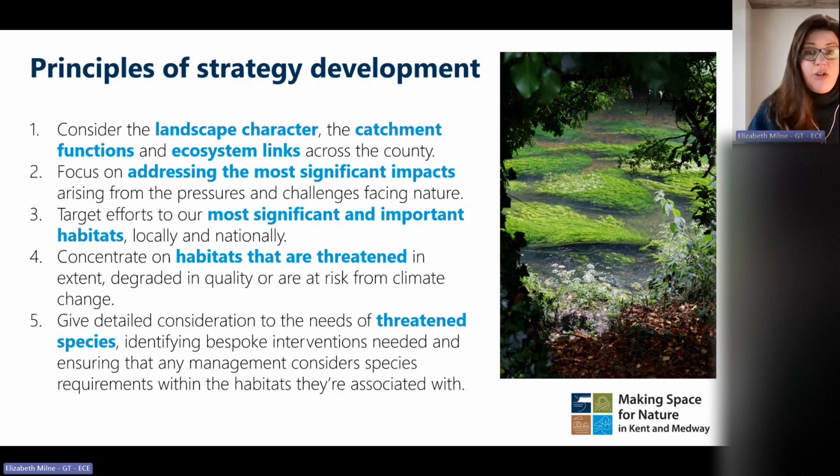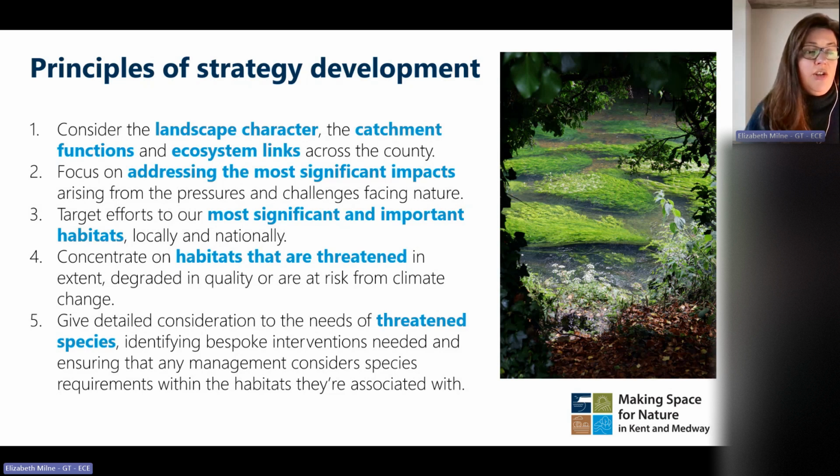We wanted to make sure that we focused on the most significant impacts arising from pressures and challenges, and also making sure that where we were addressing impacts, that these were impacts that we actually were within our gift to address. So there was a lot of discussion right at the beginning of the strategy about whether water quality was